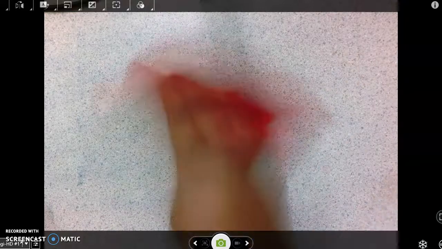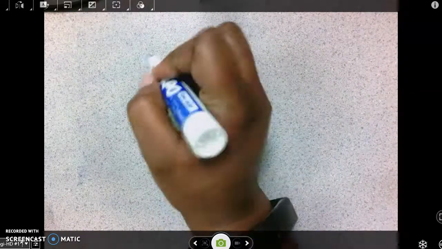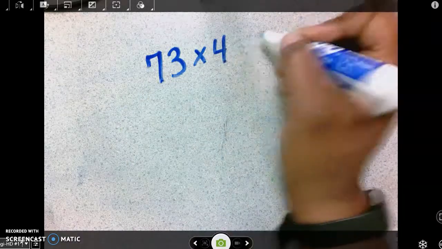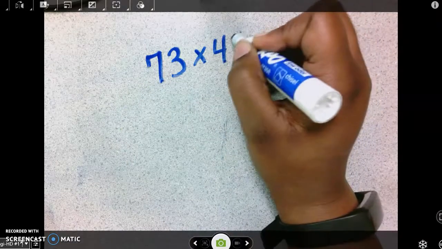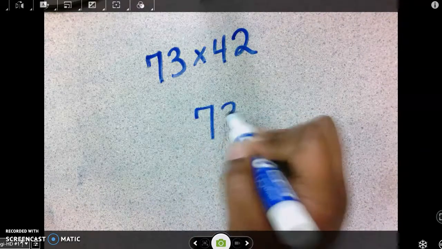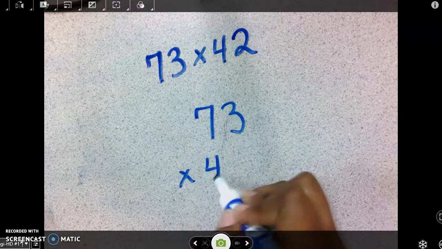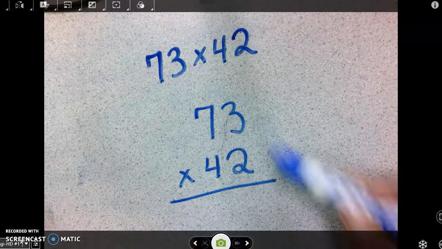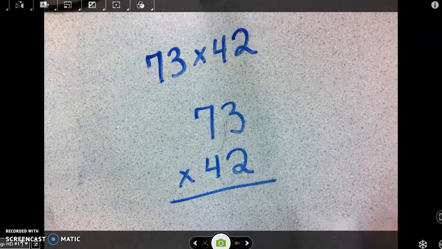All right, so here we go. I'm going to say 73 times 42. Let's try that. All right, so again, I'm going to start with 73 and 42. It doesn't matter if the 42 or the 73 is on top. Either way, my answer will come out correct, but I just like to practice keeping my larger number on top. I start right here